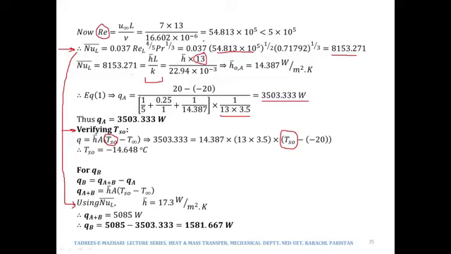Reynolds number will no more be this value, because this was calculated for 13 meters. So when we sum up A and B, when we work for the combined length of A and B, it would be 13 and 7 means 20. Therefore we need to calculate the new value of the Reynolds number and put in this expression. Prandtl number of course would remain the same,